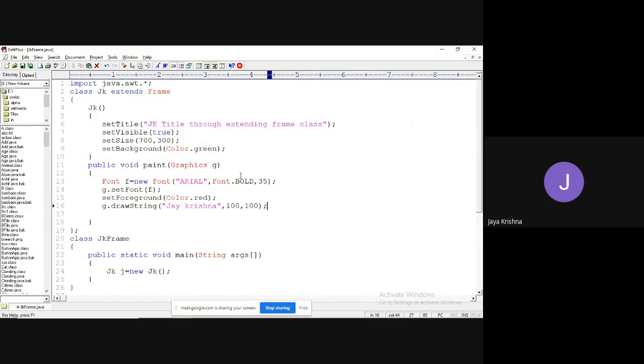Fine. For example, I want to get italic also. Font. See, various possibilities are there. You have to practice on your own. Without practice, it is not possible for you to get the clear output. So now it is a combination of both italic and bold.